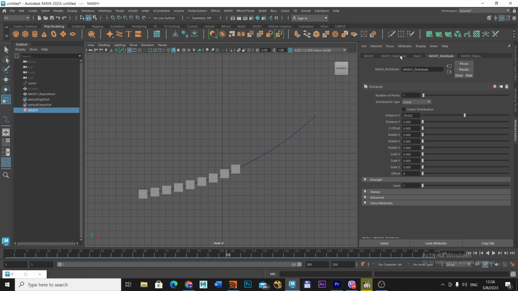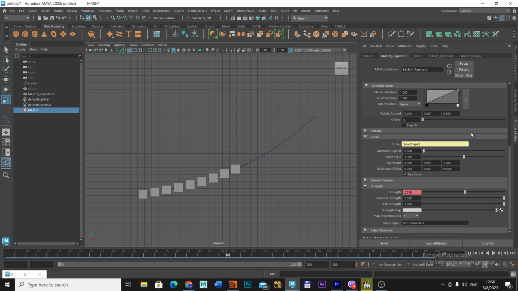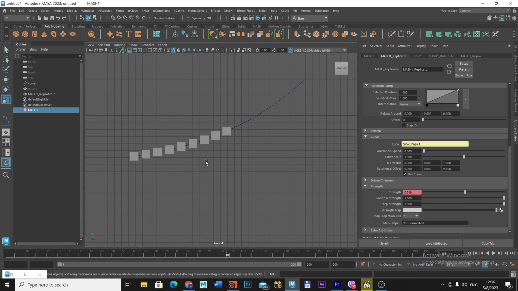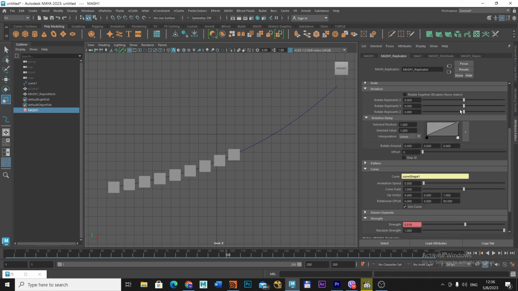Let's stop our animation, go to Maya. Let's open the outliner, select mesh, and here in the attribute editor, let's go to the mesh replicator node. So let's go to the replicator tab